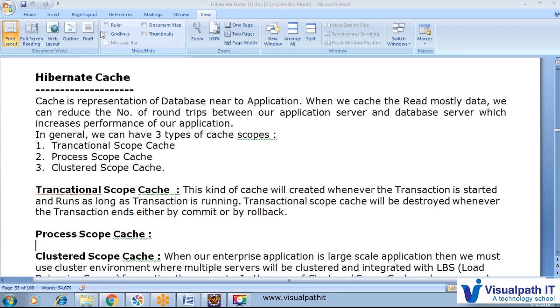So first, when we talk about the cache, it is a representation of the DB near the application. It's one kind of data structure, but it has less memory and can store only limited data, and that will be stored near our application only.